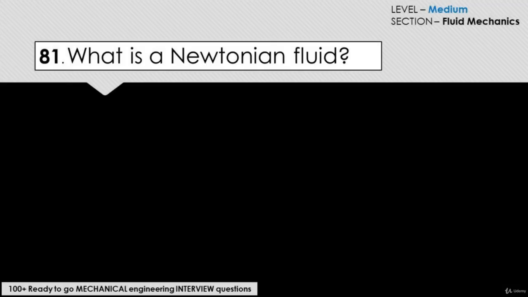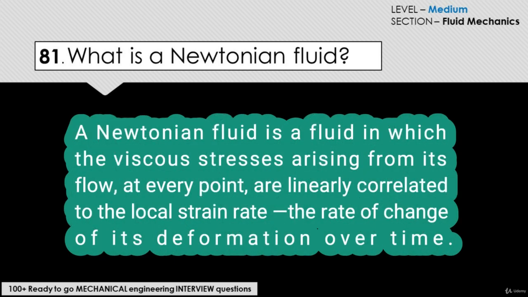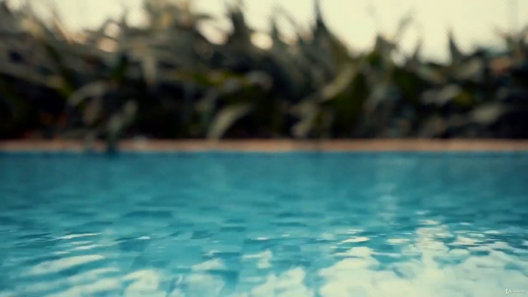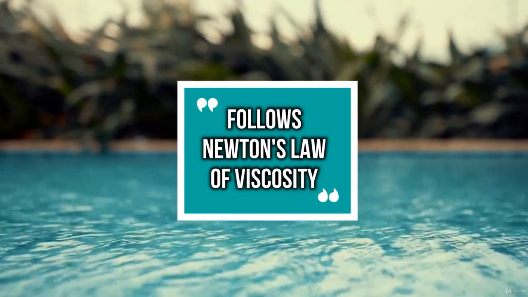What is a Newtonian fluid? A Newtonian fluid is a fluid in which the viscous stresses arising from its flow at every point are linearly correlated to the local strain rate, that is, the rate of change of its deformation over time. So basically, we can say a Newtonian fluid follows Newton's law of viscosity,